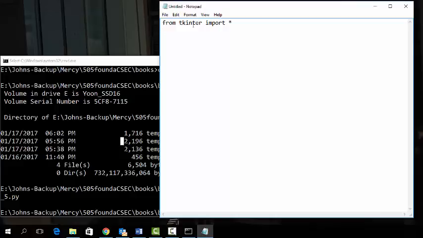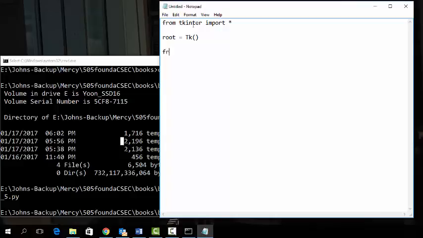Then we need to make first basic window, so Tk, and then we'll make a frame,